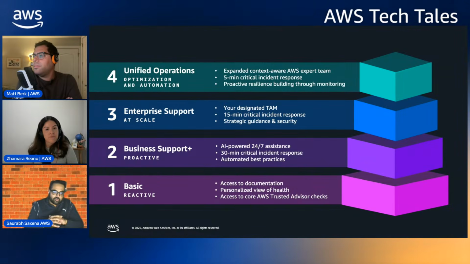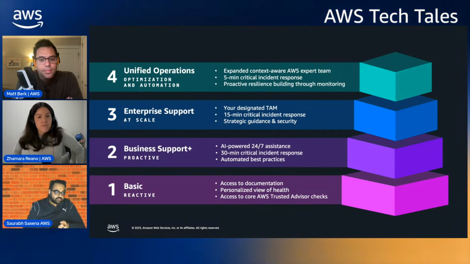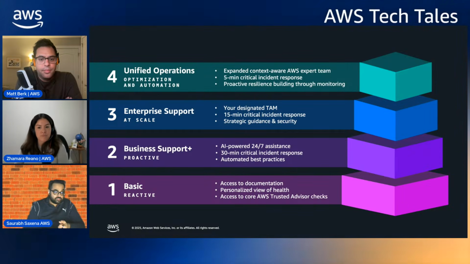But besides that, I do want to point out we also removed our developer and business support, and we launched Business Plus. Business Plus is where for $29 a month you get access to AI first, and if you want to engage a human, you can do that. Versus if you look at the same cost previously, and how this is beneficial for customers.